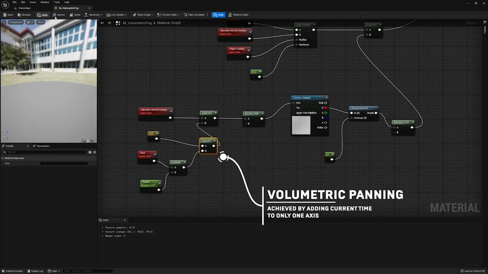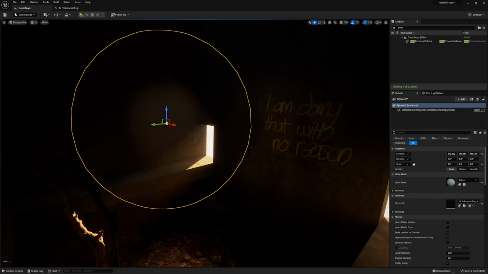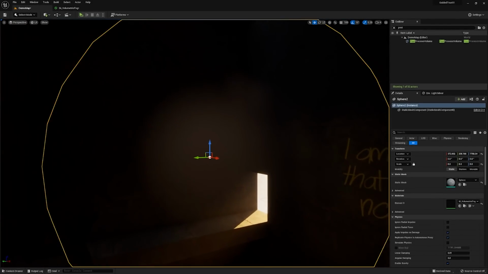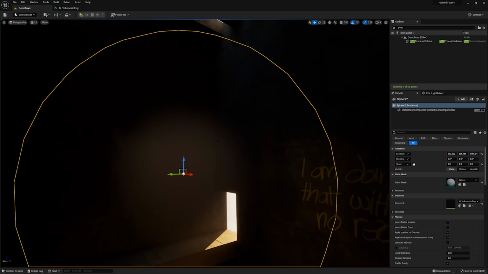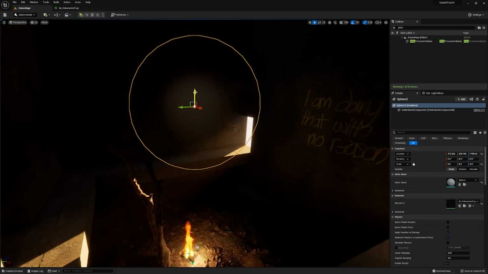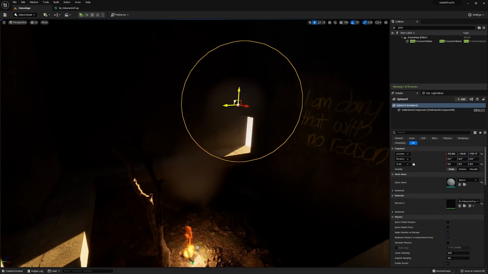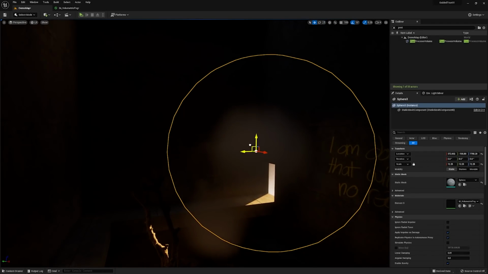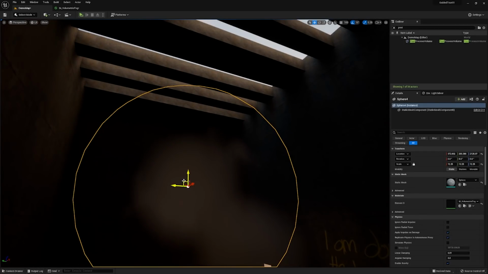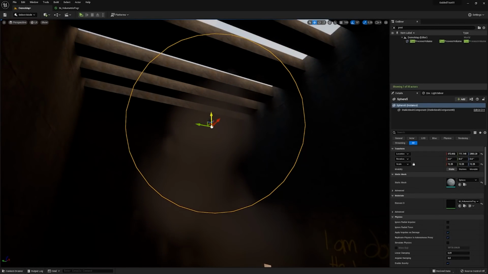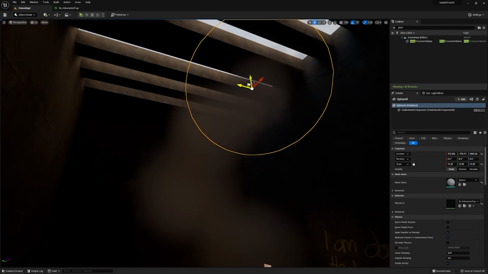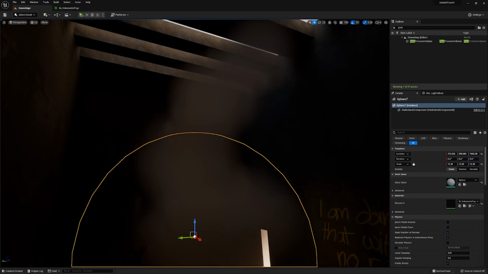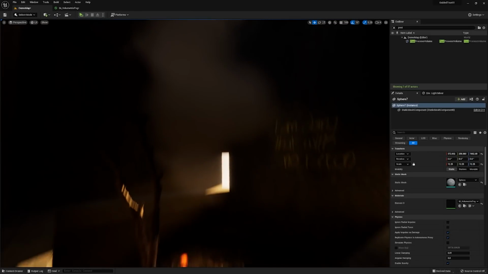Now, the great thing about this kind of fog is that it's really, really easy for level designers to author, and it really just helps bring a scene to life. And I strongly recommend any tech artists out there and VFX artists to consider this approach in their scenes. Because at the end of the day, even though there's panning and volumetric noise in this, you can do a lot more. As a tech artist, you could easily see how close the smoke is to the nearest surface to react differently. Or you could use custom primitive data to have a per fog parameter that you could change to easily tweak.